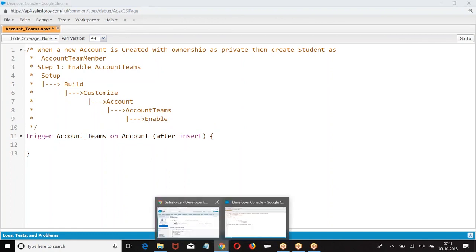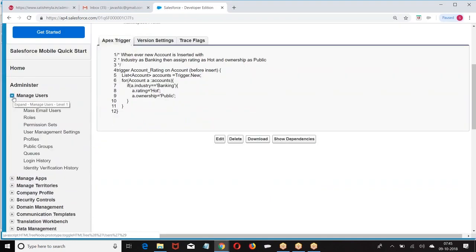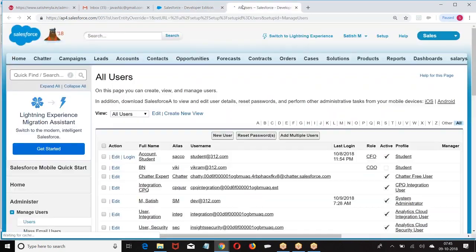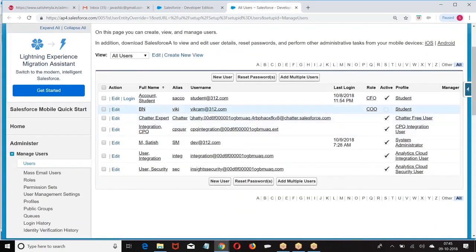First, whom should you add? I want to add Student as an account team member. Which user do you want to add as an account team member? Student.